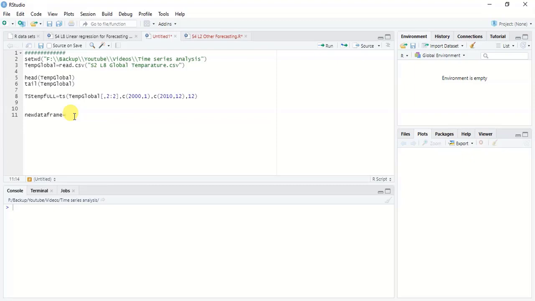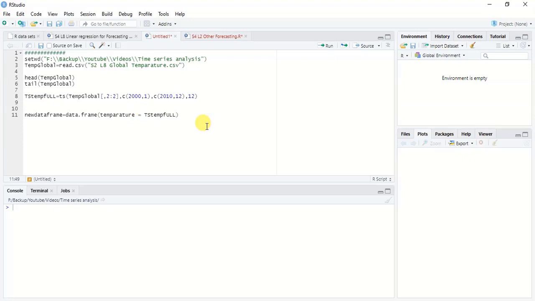and we can use the data.frame function, and we can assign temperature as the values from the TS temp full dataset.